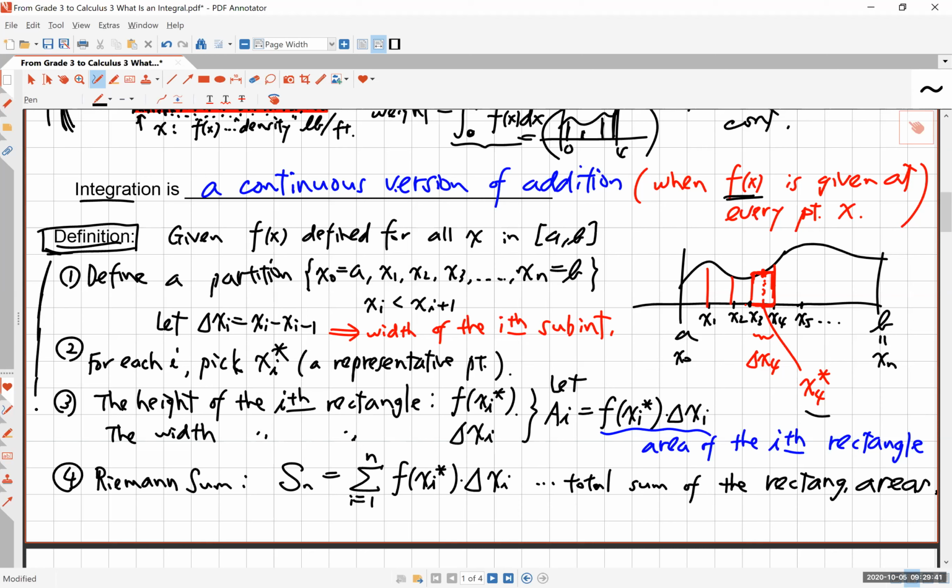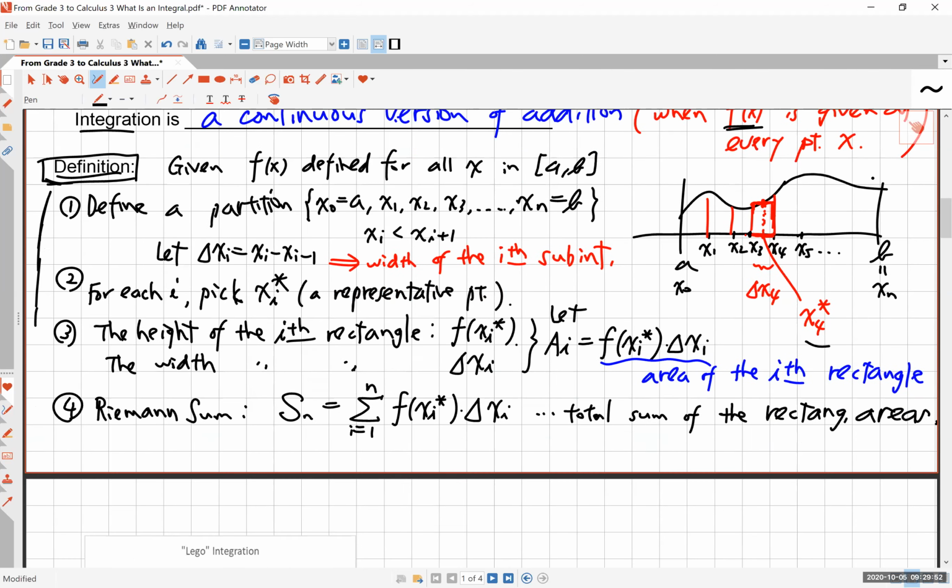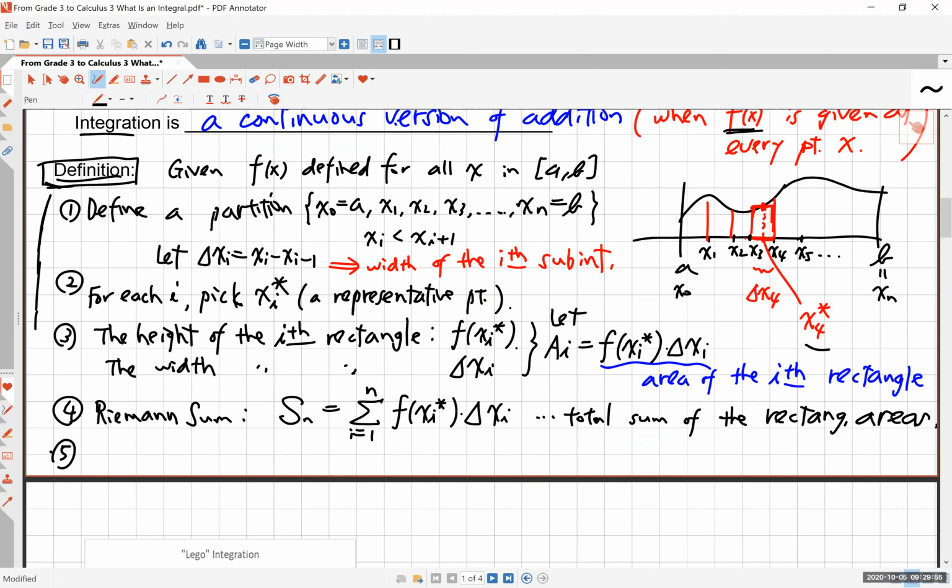You start with a partition, and then you define what the delta xi is. You pick a representative point, you construct these areas, the rectangular areas, and then you add up and write that sum as the Riemann sum. And finally,